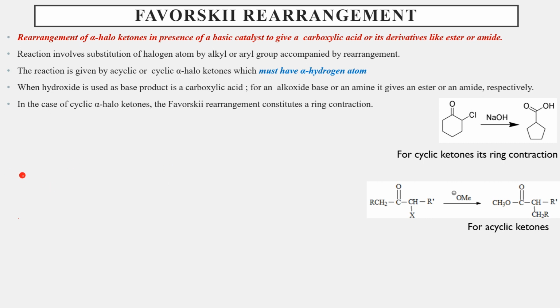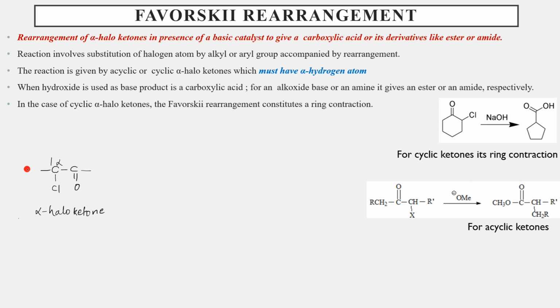Let's see the reaction first and then I will explain the rest of the things. Basically, we are going to talk about alpha haloketones. What exactly are alpha haloketones? This is a keto functional group. The carbon attached to the ketone group is the alpha carbon. To this, an alpha halogen is attached. So this is your alpha haloketone, and this is a rearrangement reaction.